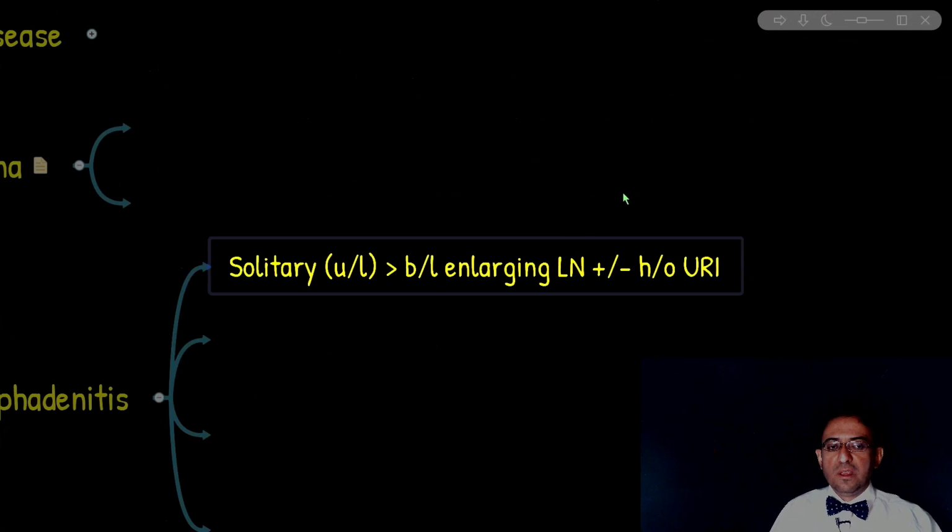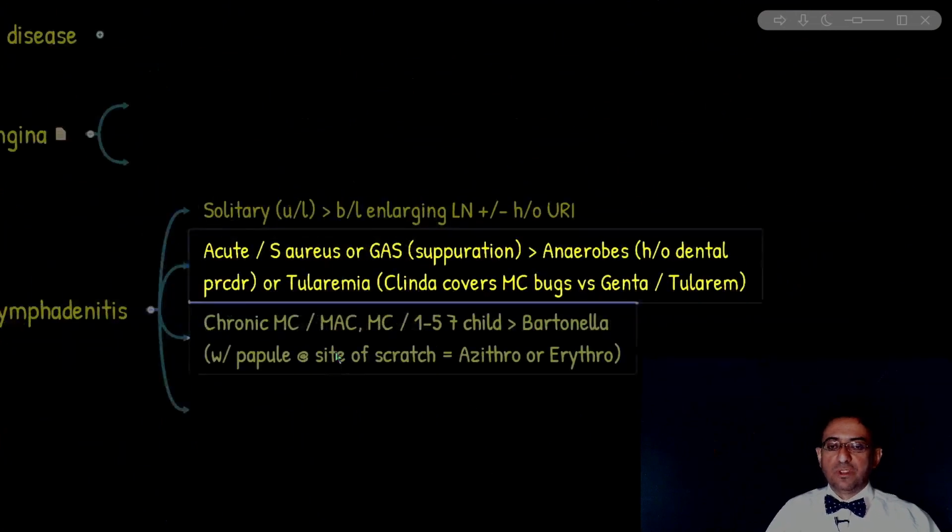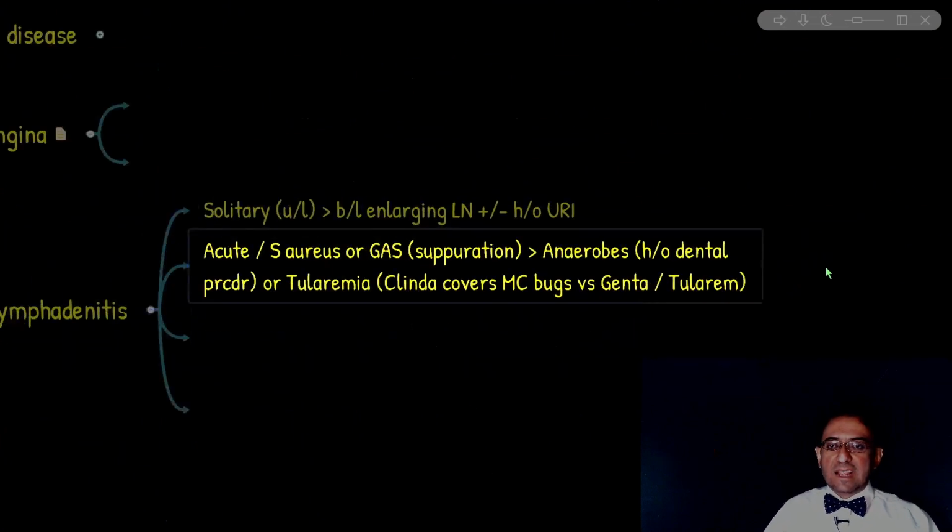If it is bilateral, however, I want you to remember for now that it is going to be viral. Other than that, the rest are the differentials of the unilateral, and at the end we discuss the bilateral. So when do we have the acute onset lymphadenitis? What are the most common pathogens? Always remember, group A strep and Staphylococcus aureus are the most common pathogens for acute unilateral lymphadenitis, and these usually